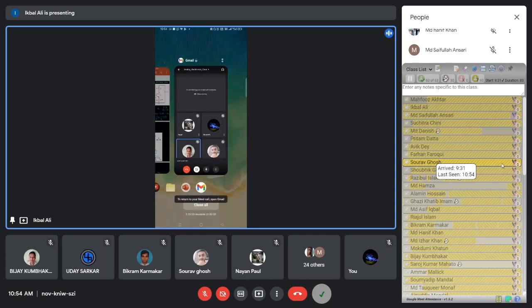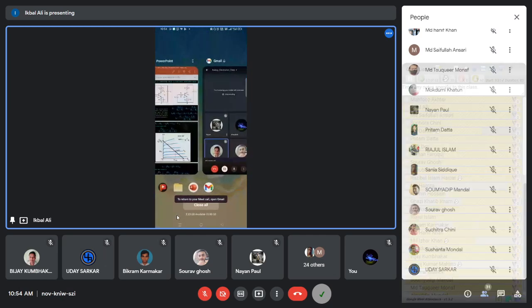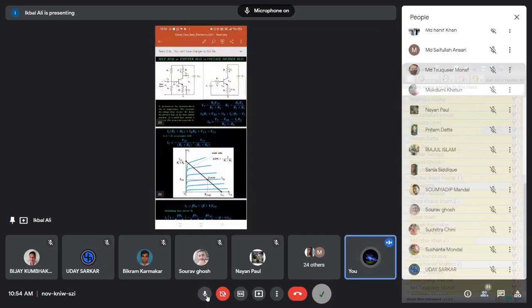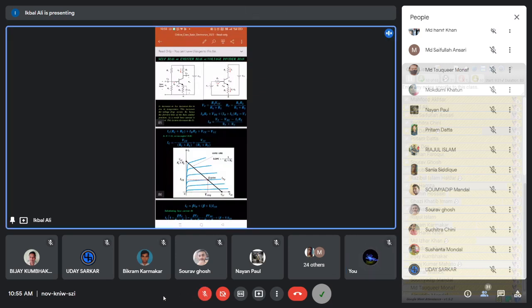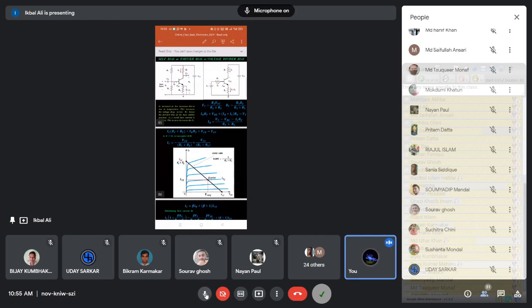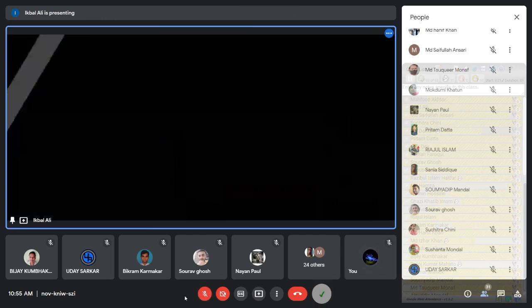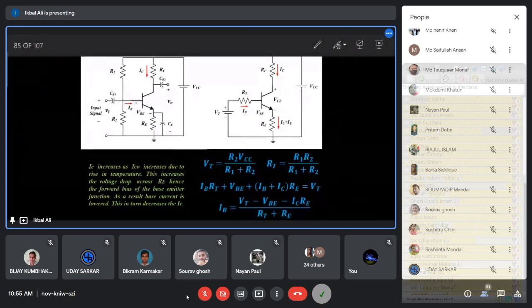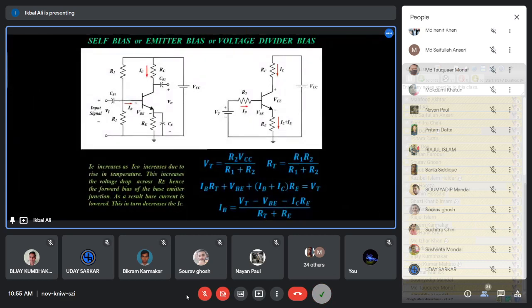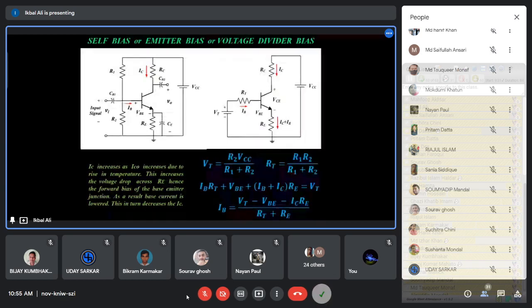Is there any class after this one? Can I continue? Is there any question regarding this circuit? Anybody has any doubt? If you have any question,